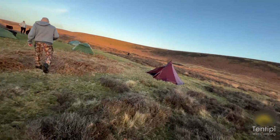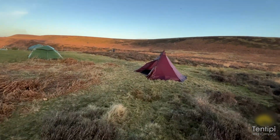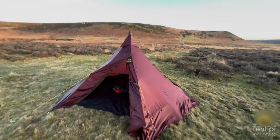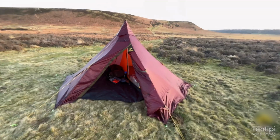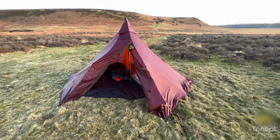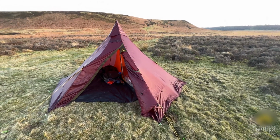So then we move on to this tent here. I don't know whose this one is. I haven't seen him all afternoon. Oh yeah, it's mine. So this is my 10TP Olivine light with a half inner tent, which I won in an auction on eBay